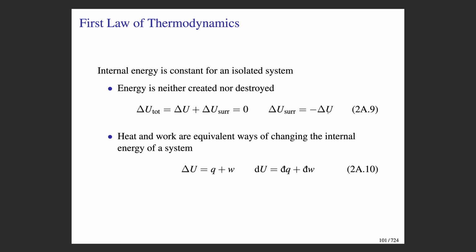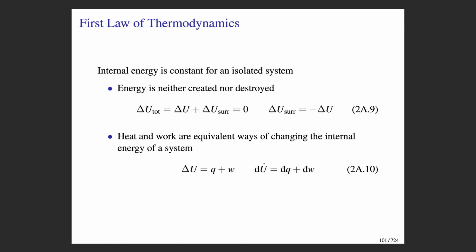A corollary to the first law is that heat and work are the only two ways in which you can change the internal energy of the system. So we can take the delta U for the system and write it as a sum of heat and work. This is the finite change version of the first law, and here is an infinitesimal version of the first law,